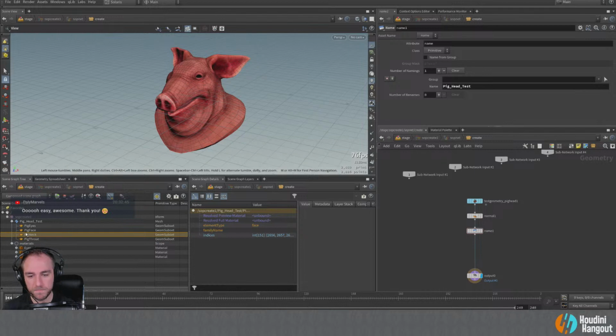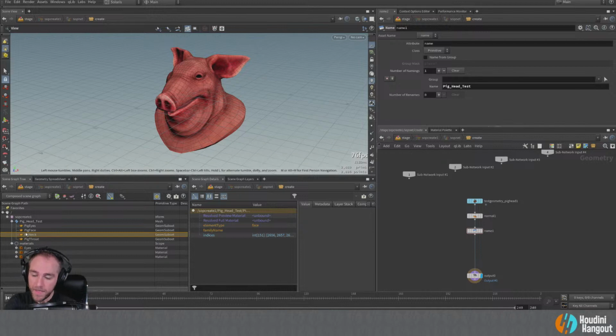So with a lot of assets in USD, you want to have separate proxy, render geometry, maybe even sim proxy geometry, to be able to have different elements used in your scene, right? So you might have a proxy and then you go into render and Karma or whatever, Redshift, whatever you're using, and it'll switch from the viewport proxy to the render primitive that's going to use and actually render the full